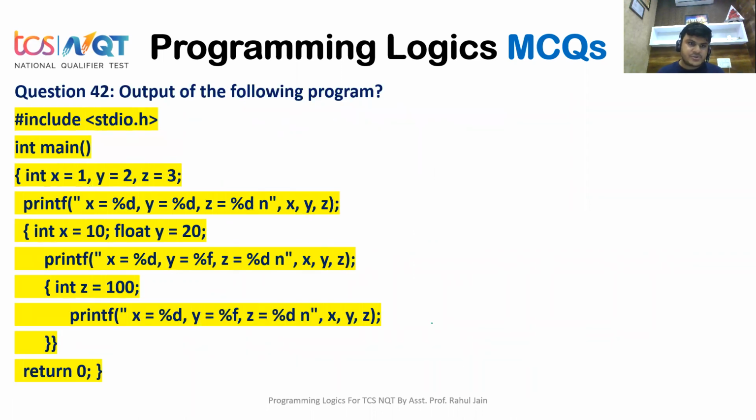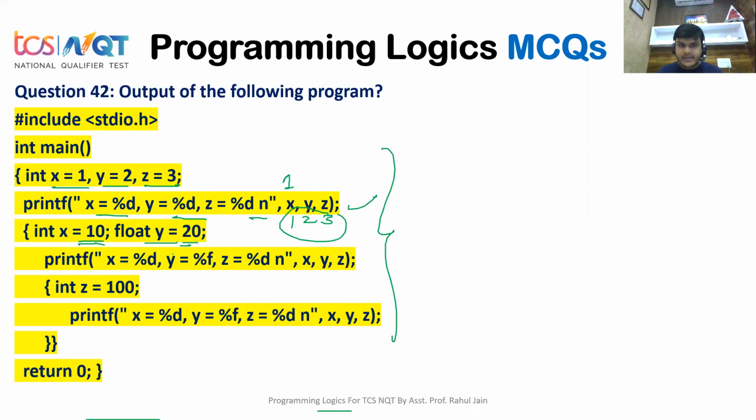The next question is question number 42, and the program is in front of you. If you see here, x equals 1, y equals 2, z equals 3. What would be printed? I think you can all answer this. x will print 1, y will print 2, z will print 3: 1, 2, 3 would be the output of this printf statement. Then int x is reassigned as 10, and float y is reassigned as 20.